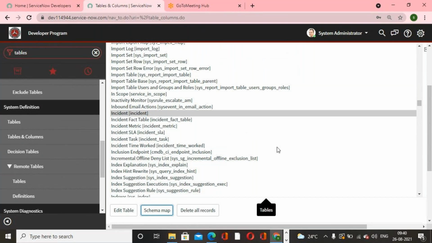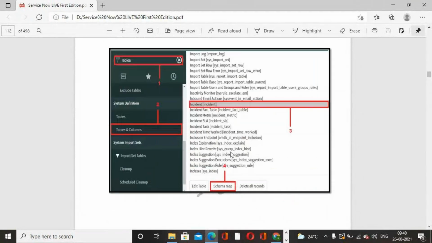So this is about a schema map. Schema map can define the relation between one table with other table. That's it. Apart from that, like a schema map. Okay. And next one, let's talk about